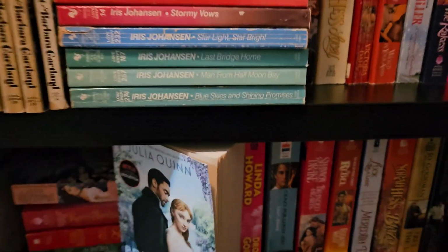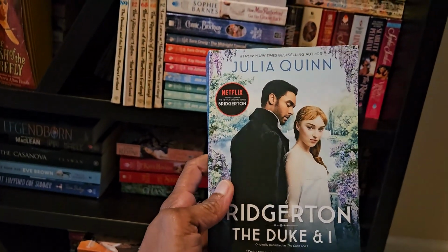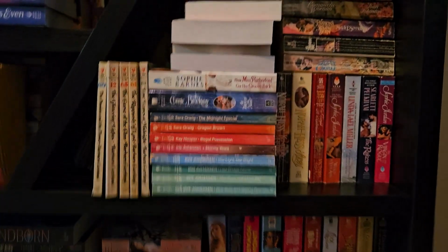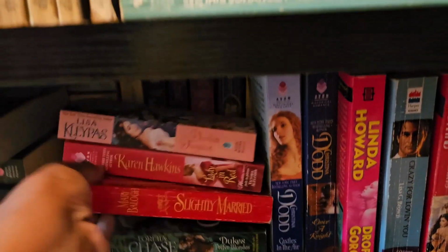Going down here. I bought the Bridgerton. I doubt if I ever read it, but I did want to get this cover. I like this cover. The Duke and I. So I had to get that. What else I got down here? There goes some more laser clay pads. Some Mary